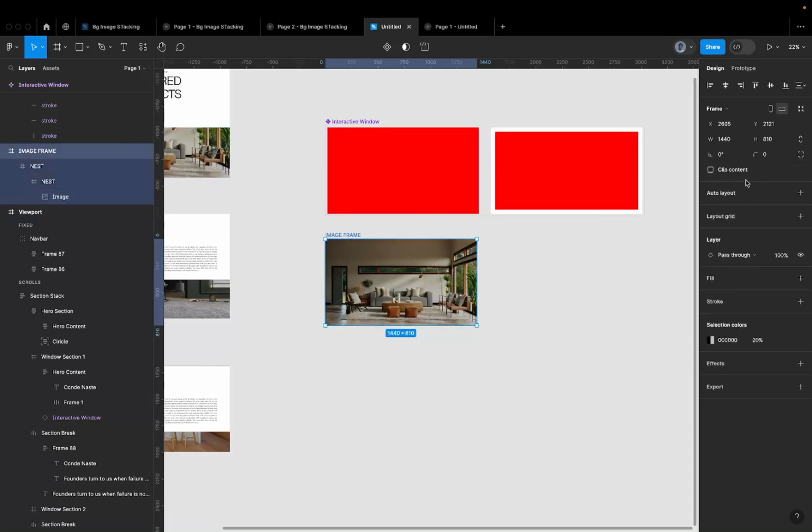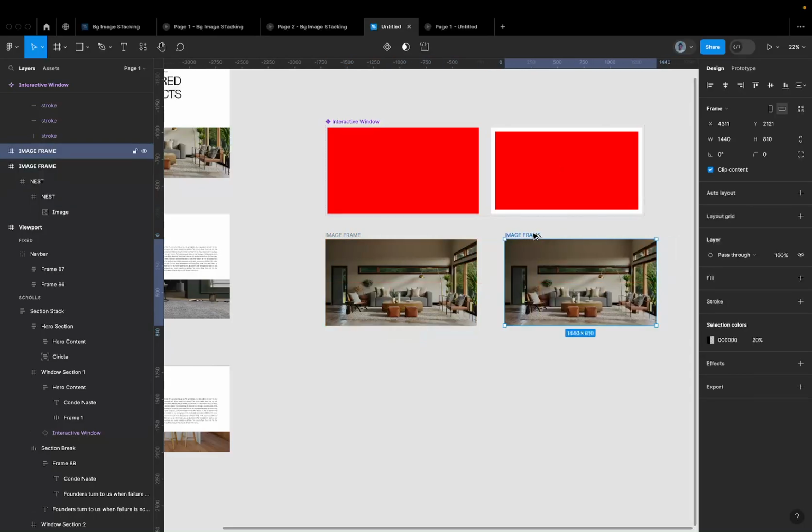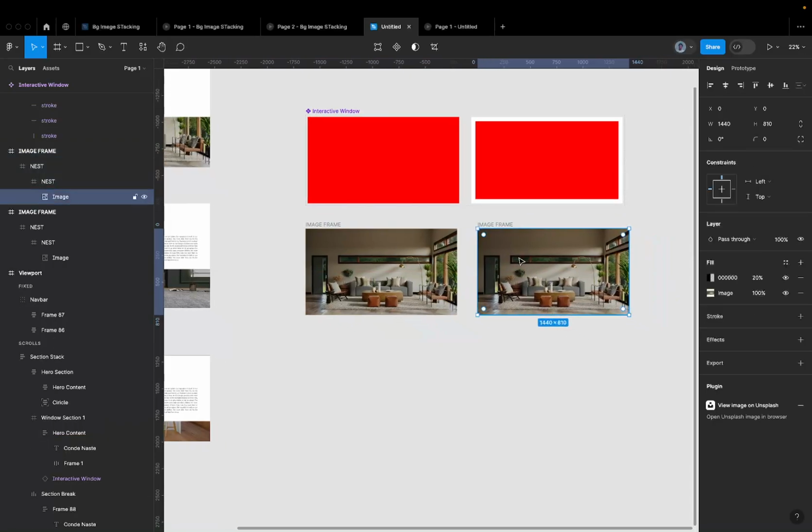So the next thing I want is to clip content here. Turn on clip content for it, so that once it zooms out or zooms in, no parts are showing outside. So that's just something to do. And then you want to rename it, duplicate it, and then in this version, select the actual image and then zoom, just like stretch it, like hold shift and command, shift and the option, or shift and the alternate if you're using